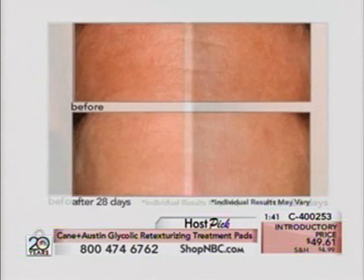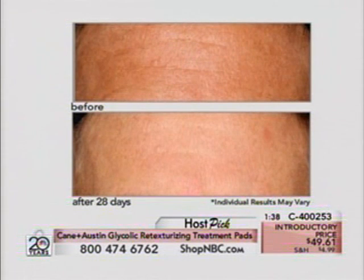Everybody is concerned about the way they look, whether they're the high school girl going to the prom that breaks out with acne, or a 90-year-old woman in a nursing home with a sunspot. I'm never amazed when I see my patients being concerned about these kind of things, and this is